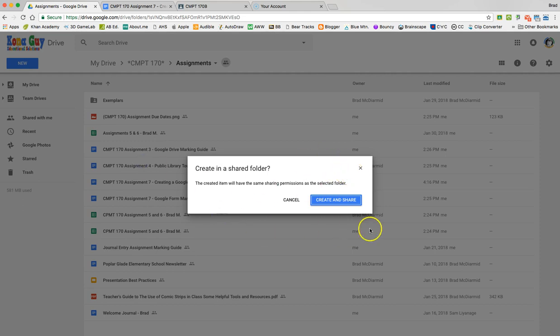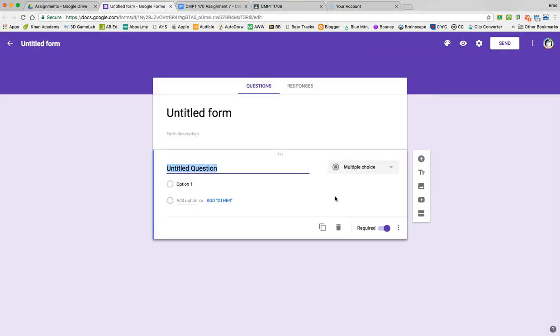Okay. You may or may not get this message. If you don't get it, don't worry about it. I'm getting it because I'm creating the Google form in a folder that's already shared, and Google Drive just wants to make sure that that's okay. And I'm going to say yes. And so then